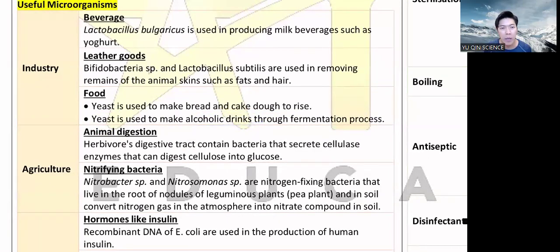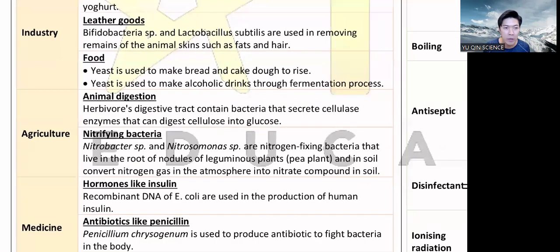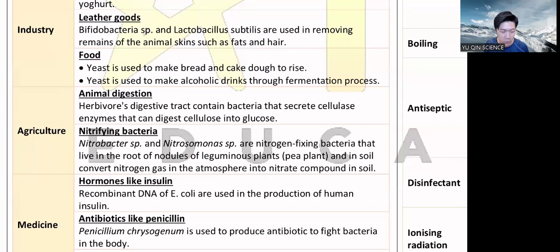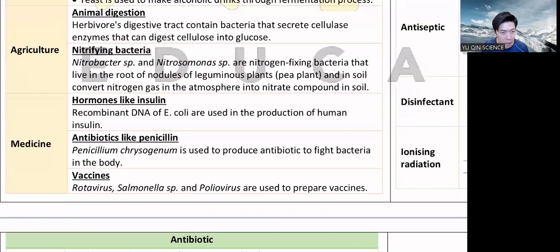Even we had this in your current chapter 5, we did in normal class, right? Okay, fermentation. And then animal is for digestion. So we have bacteria in our body to help us to digest, especially for animals. And this one is Form 5 chapter 2. Nitrogen fixing bacteria. Do you remember the nitrogen cycle? That's to change nitrogen into nitric compound.